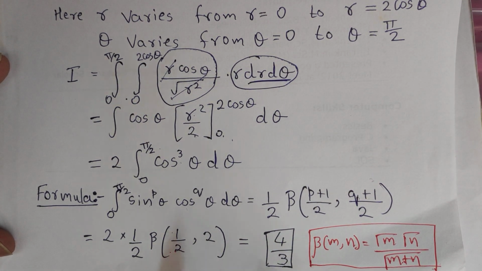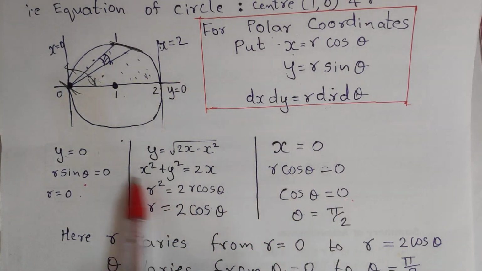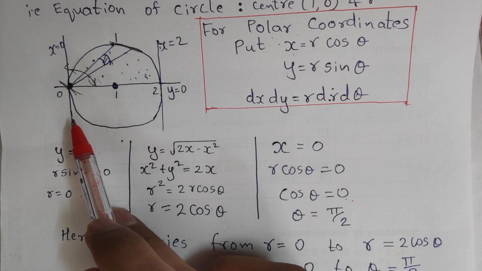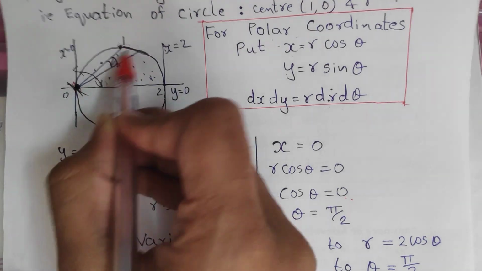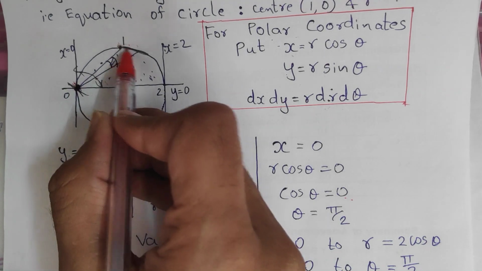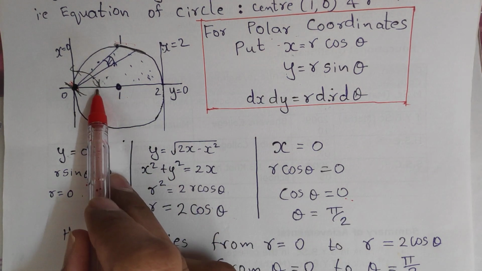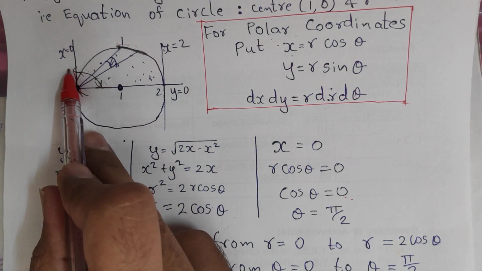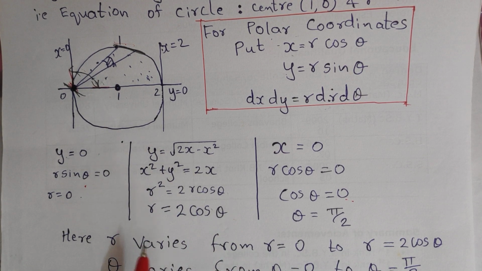Now the important part in polar form is considering the limits. While considering the limits, don't directly take all the four limits and substitute the polar form, that is x as r cos theta and y as r sin theta. You need to look at the figure where r varies and theta varies. So from the figure we can say r is varying from here to here. This is the starting point 0, 0, so we'll have r as 0. It is going to this circle, so from the equation of the circle we got r as 2 cos theta. Now theta from the figure we can identify, it will move from here to here, that is from 0 to pi by 2. Be careful while considering the limits in polar form. Don't just substitute the values of x and y in all the limits.